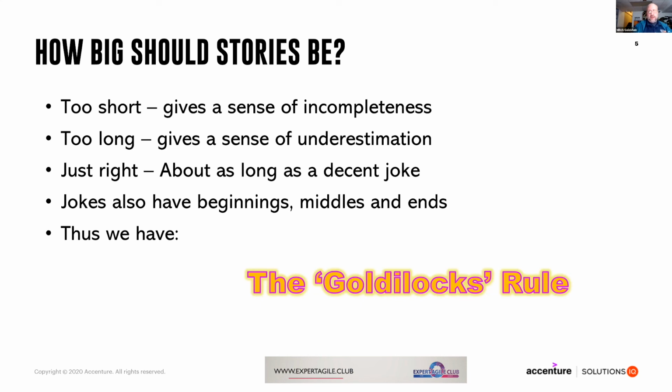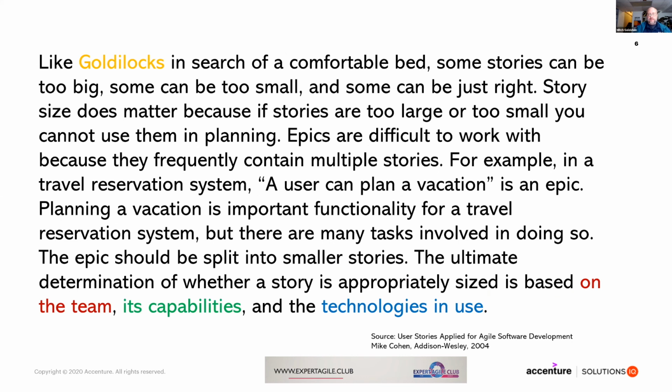And I love comedians. I've followed comedians my whole life, and I love listening to and telling jokes. And I can tell you, everybody knows there are jokes that are too long, there are jokes that are too short, and there are jokes that are just right. And jokes also have a beginning, a middle, and an end. And we end up with this rule, which I call the Goldilocks Rule, that gives us a sense about how big stories should be. Mike Cohen, Agile signatory, like Goldilocks